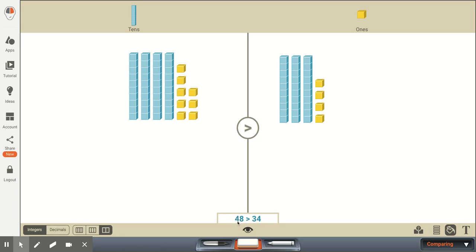There are 4 tens here. Don't pay any attention to the ones for now. And in this number, there are 3 tens. So since these digits are different, we're just going to compare 4 tens versus 3 tens. And our first grader hopefully will determine that 4 tens are greater. Then what we're looking for them to do is to put the symbol, either greater than, less than, or equal to, between these two numbers.